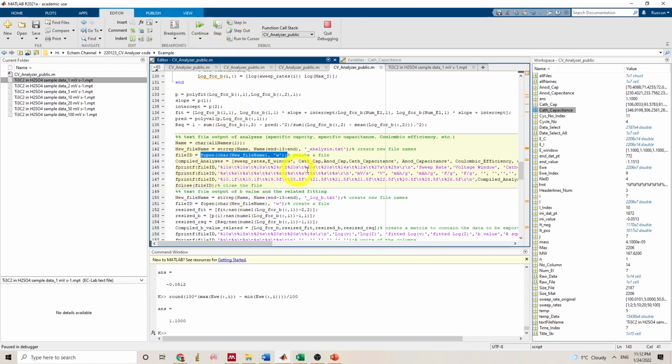The important thing here is I want to have headers followed by values because this will be Origin friendly. The fprintf basically prints these values into the file ID, that's the file we just opened. These are placeholders. So %s is for strings you can put in here, and 10 means I reserve 10 spaces for the string, and